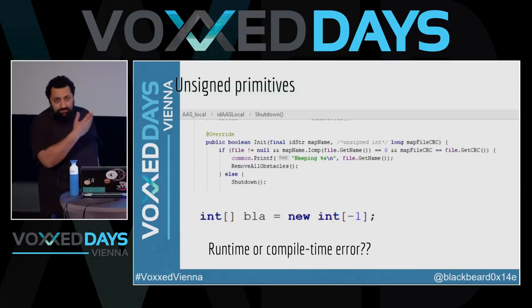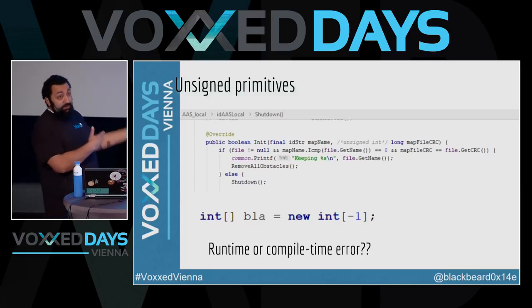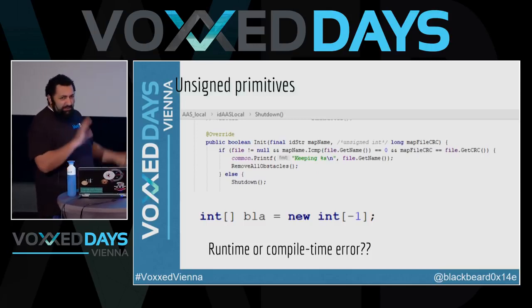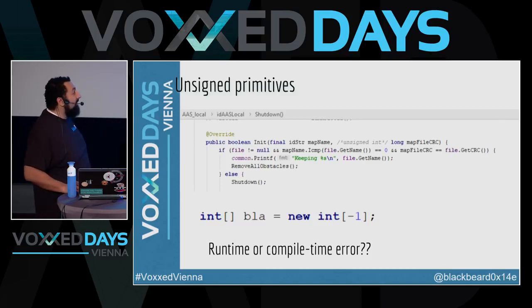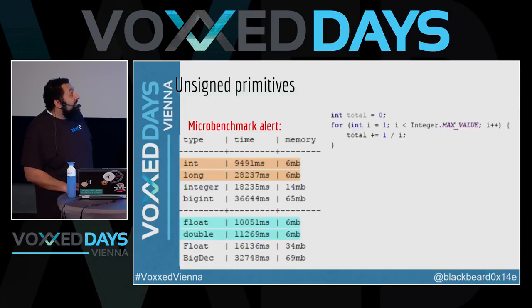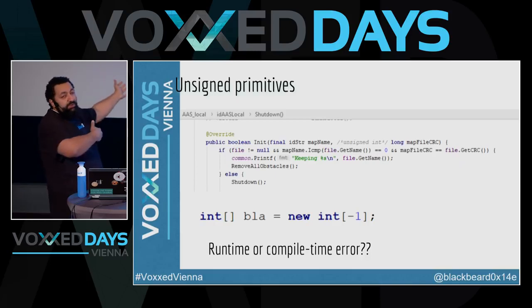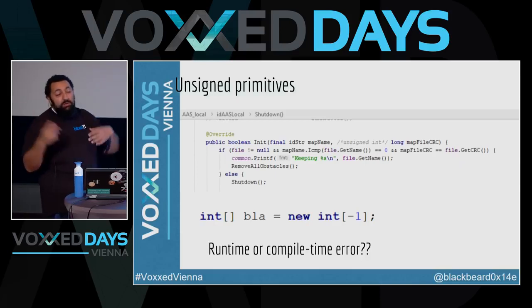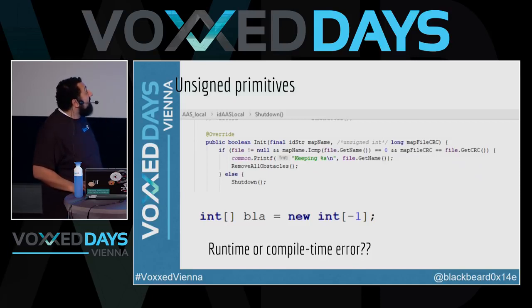So the simple solution for using unsigned integers, and again, this might not seem important, but in games this is very important, and in other types of stuff, like when you work with electronics, we just want to wrap around stuff, and you don't want a negative, and you have to bit mask it, and it's very annoying. So the simple solution is just to use the next primitive over. So if you need an unsigned integer, you use a long. But if you need an unsigned long, then you're out of luck. There's no solution for it.